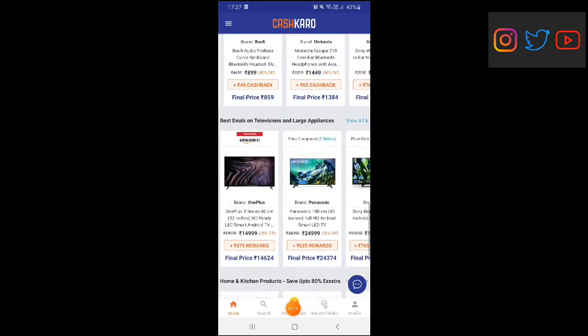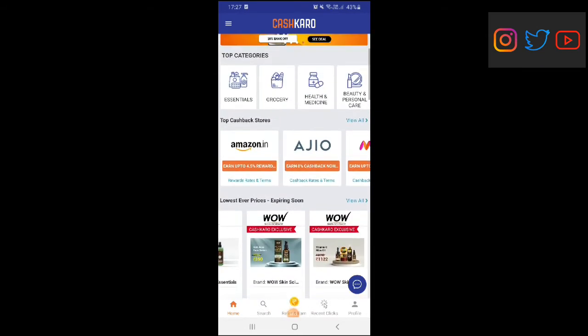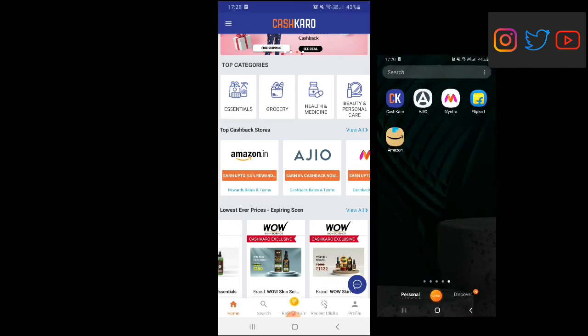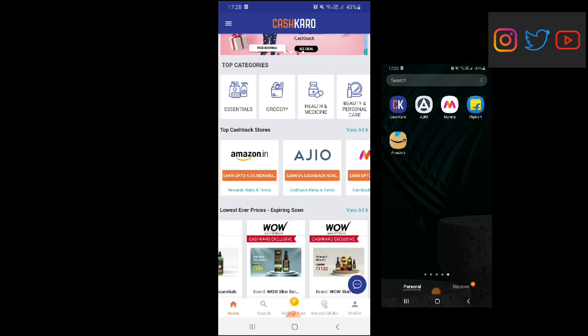Now I'll show you how to shop from Amazon or any apps. I'm just showing you an example for Amazon, you can do the same way from Ajio as well. But before that, the main point you have to keep in mind is that you have to delete all the installed apps outside the Cashkaro app.